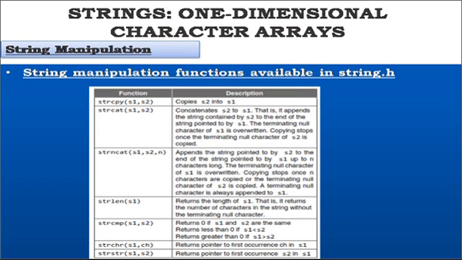The next one is string manipulation. C has the weakest character string capability of any general purpose programming language. Strictly speaking, there are no character strings in C, just arrays of single characters that are really small integers. If S1 and S2 are such strings, a program cannot assign one to the other, that is S1 equals S2, then compare them for collating sequence, that is S1 less than S2, and concatenate them to form a single longer string S1 plus S2, then return a string as a result of a function.